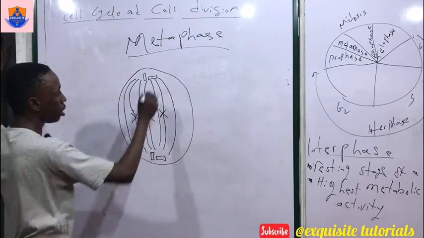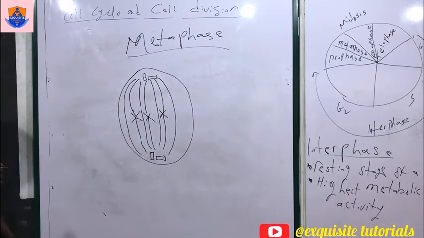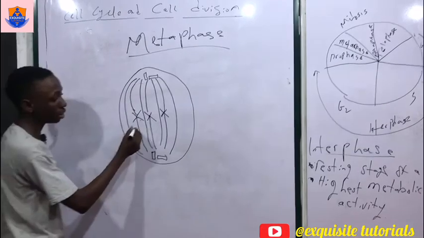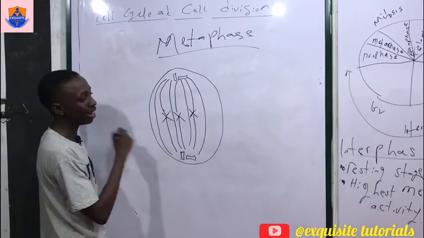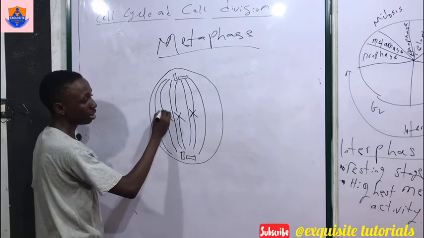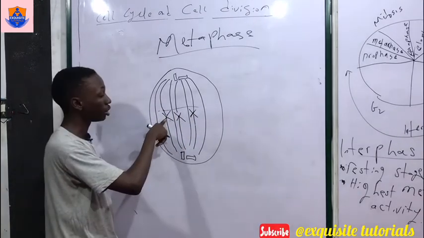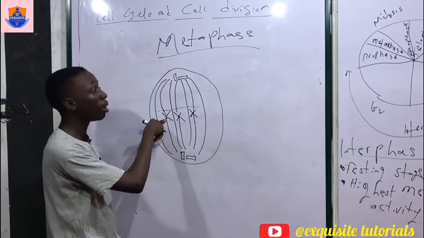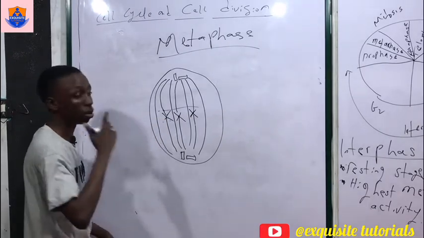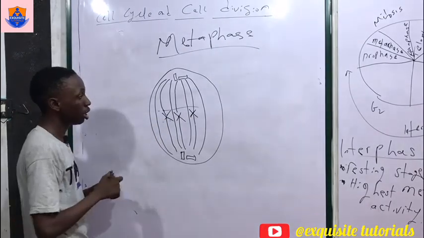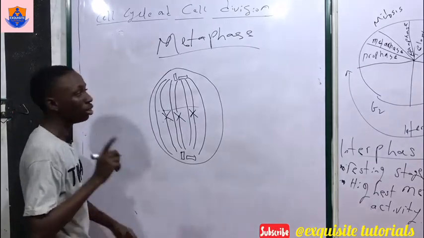Okay. Now you can see that in the metaphase stage, the chromosomes are aligned at the midpoints on the spindle fibers. That is basically what occurs at the metaphase stage of the cell. Now note that